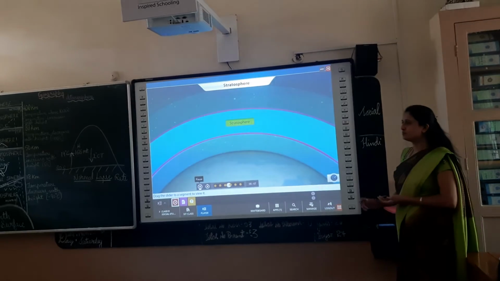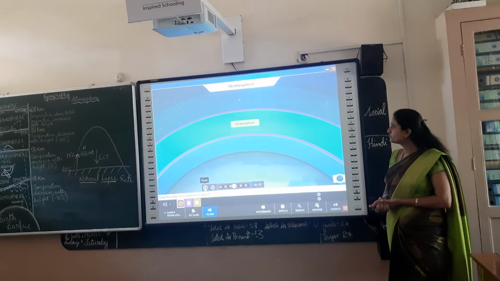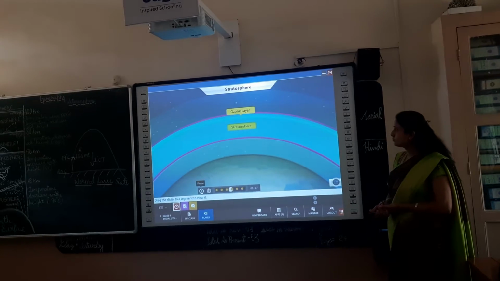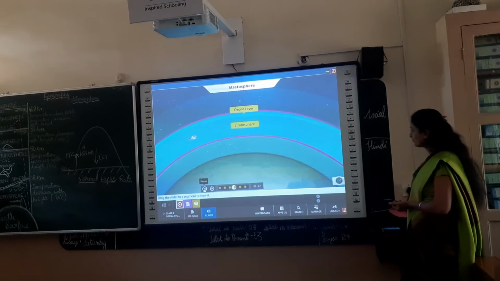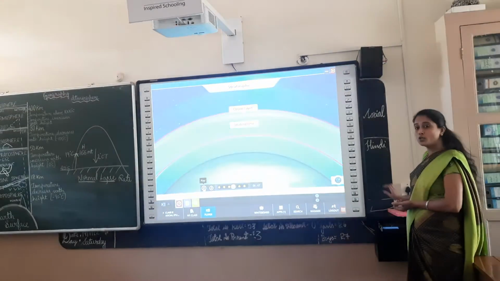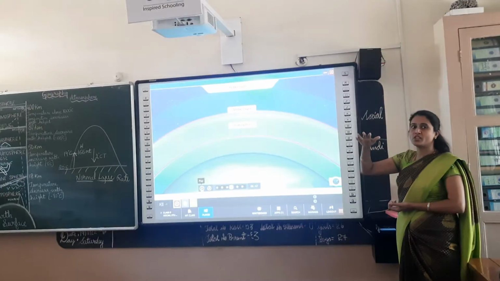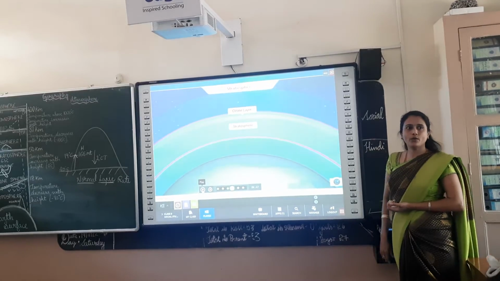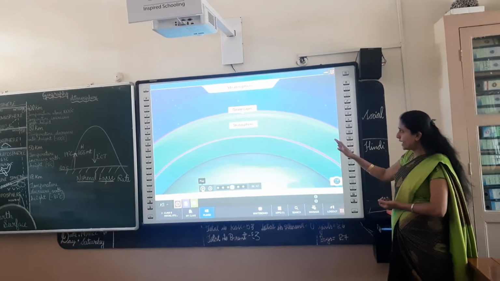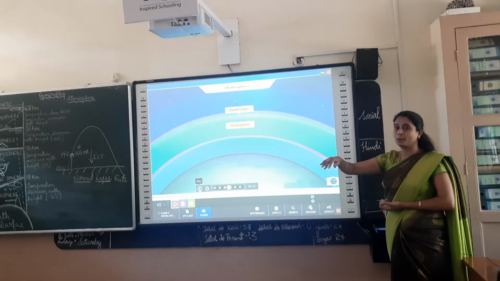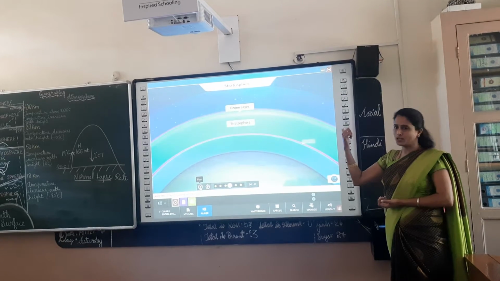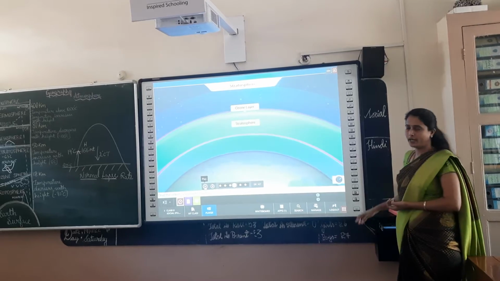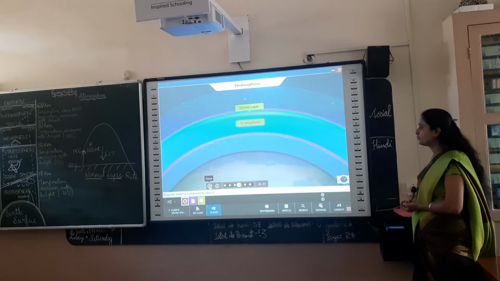Like the troposphere, there are no clouds or weather phenomena in the lower layers of the stratosphere. This makes it more suitable for flying jet aircraft. Now did you understand? If there is no formation of clouds, there is no obstacle for the flying of airplanes. So free movement is possible. Where? In the stratosphere. Yes, up to that height we can see the movement of aeroplanes.